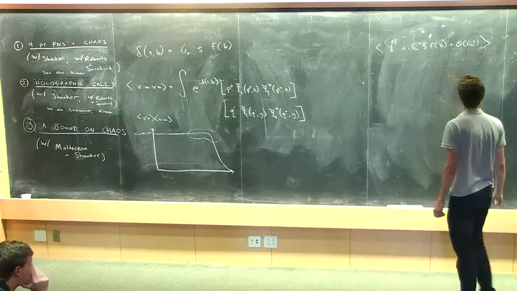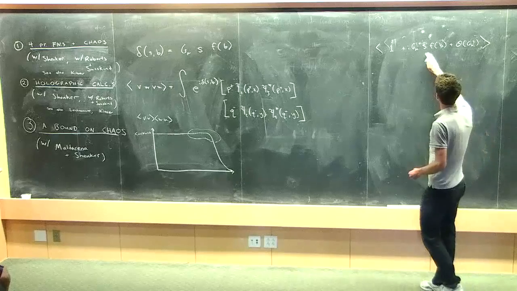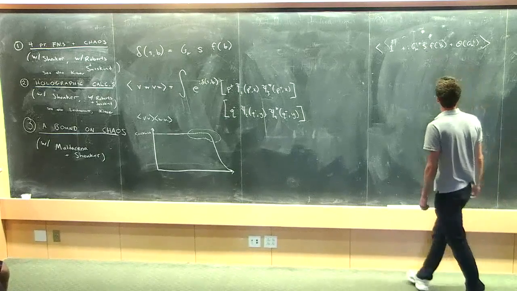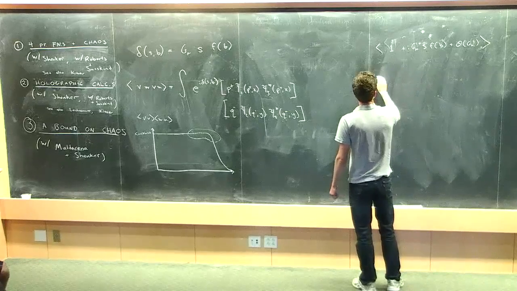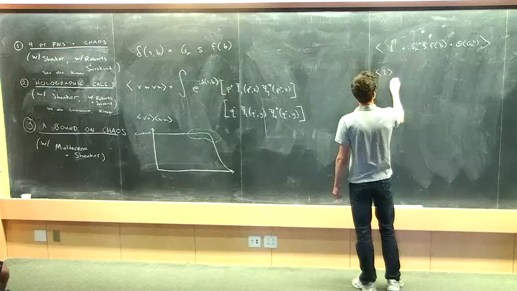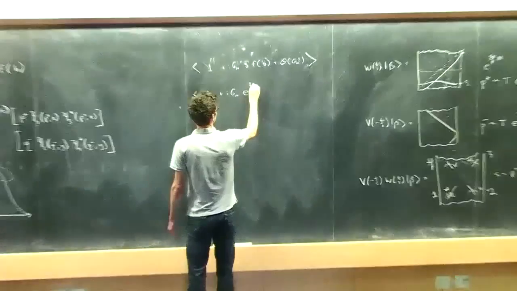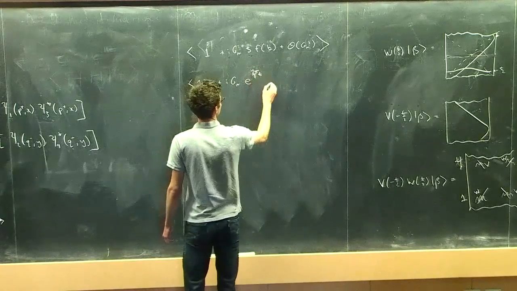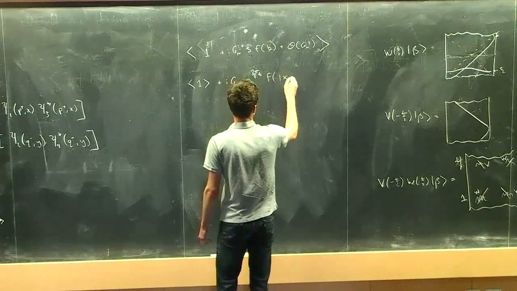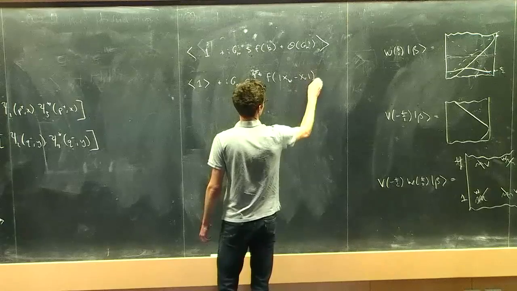I told you that the typical value of s in these wave functions is of order e to the 2 pi over beta times t. So what we get here is the expectation value of 1, which would be the product of the 2-point functions, plus i times g Newton, e to the 2 pi over beta times t, times this function evaluated at the difference between the transverse location of w and v.